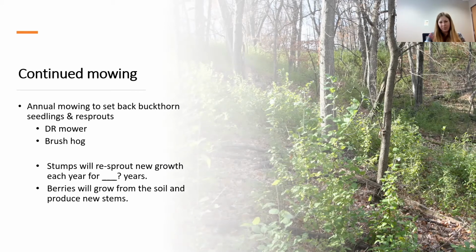And the berries are going to grow from the soil. So we are dealing with regrowth for an unknown number of years, but I don't think continued mowing is a great method all on its own. But when combined with a revegetation plan, I think it can be useful, especially on sites that can't be burned.